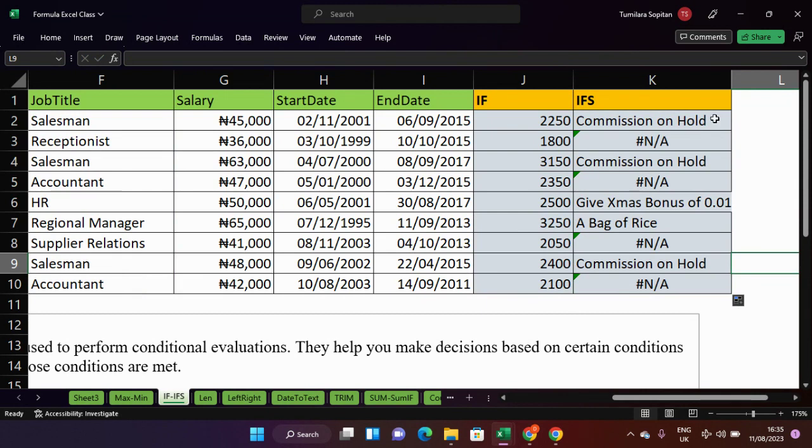Once you do that, we've gotten our result. Anyone that meets this criteria, these are the results. Can you see this person was a salesman? Who other salesman? Can you see that our commission is on hold? All our three salesmen, their commission will be on hold until they turn in all their invoices. And those who are